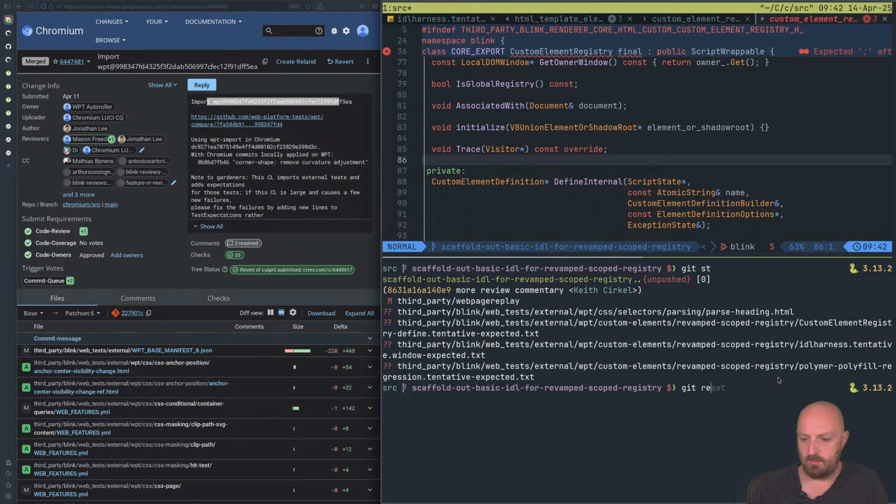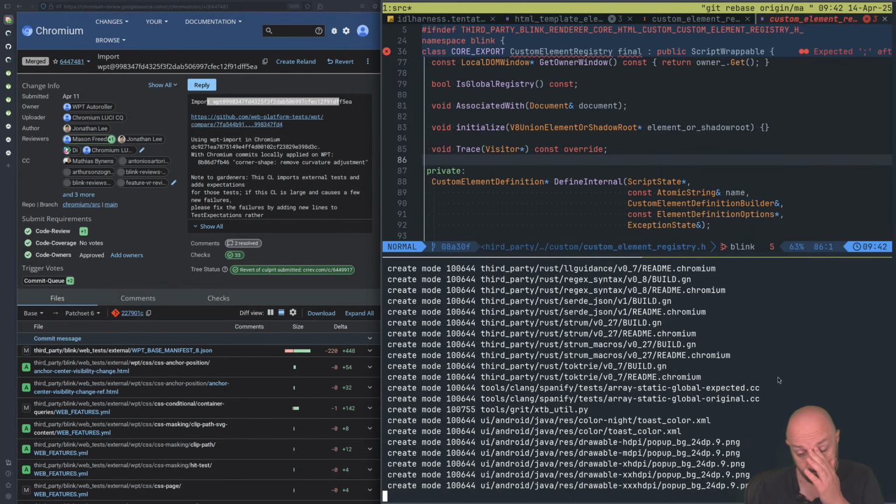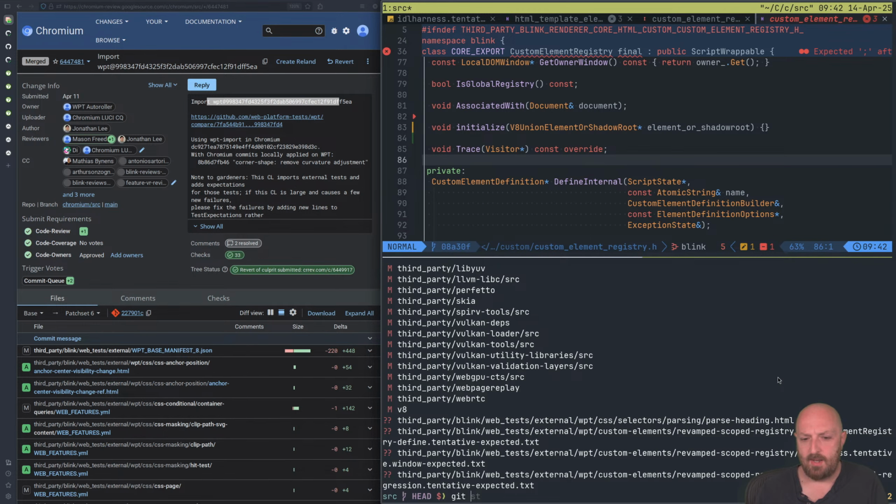Okay, rebase origin main. And there's the conflict. And what I'm going to do is just add